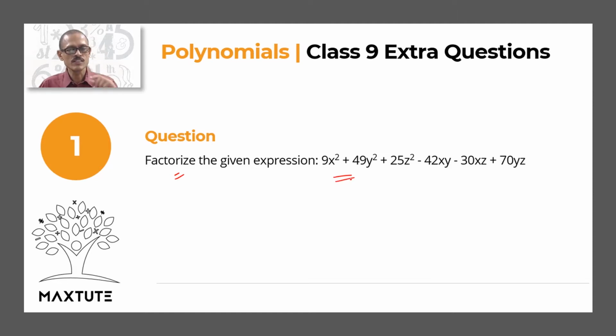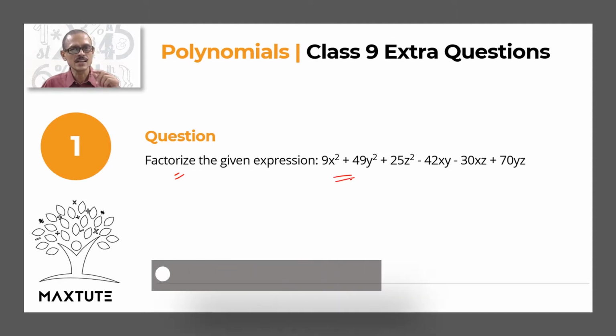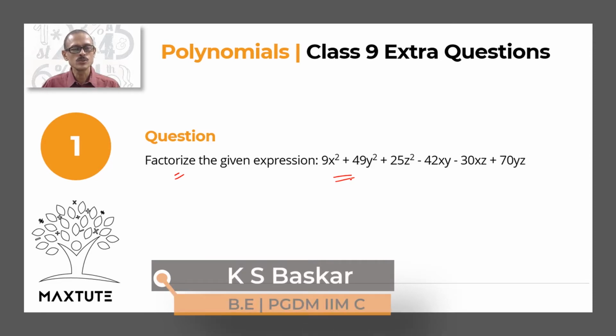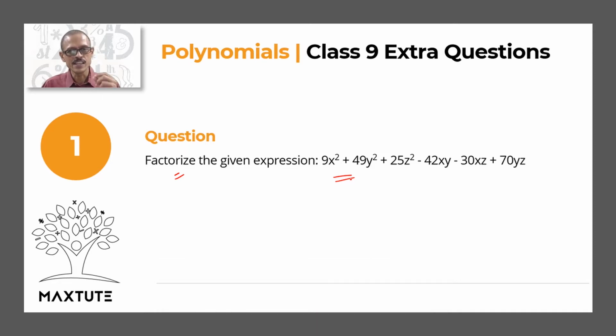Quite a lot of these questions that we are going to be solving is to compare the given polynomial to the expansion of standard algebraic identities. So knowing expansions of common algebraic identities such as (a plus b) the whole square, (a minus b) the whole square, (a plus b) the whole cube, (a minus b) the whole cube, (a plus b plus c) the whole square, a square minus b square is very important. You need to know what these expansions are so that you can compare the given polynomial to one of those things and subsequently factorize it.